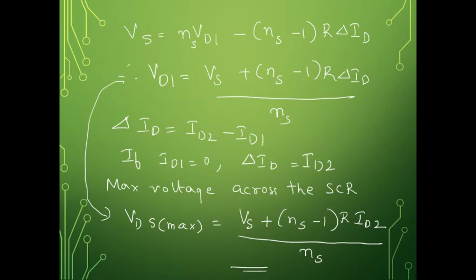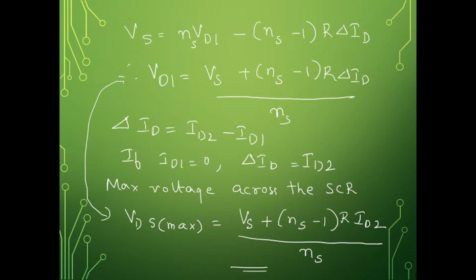So during the turn off, we have considered the off-state current, and we have assumed that the current through the first thyristor is less compared to the other thyristors. The current in all the remaining thyristors is equal. So in order to have equal voltage sharing among the thyristors which are connected in series, we connect a resistor across each thyristor.